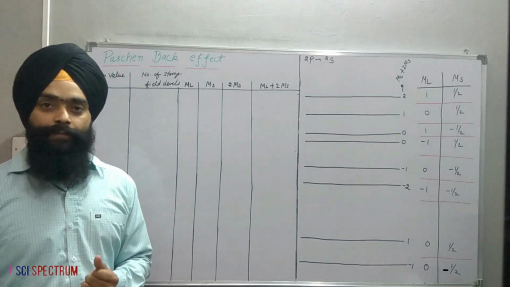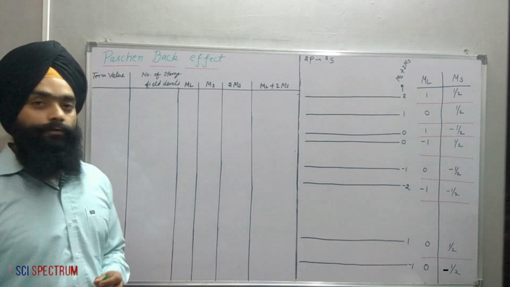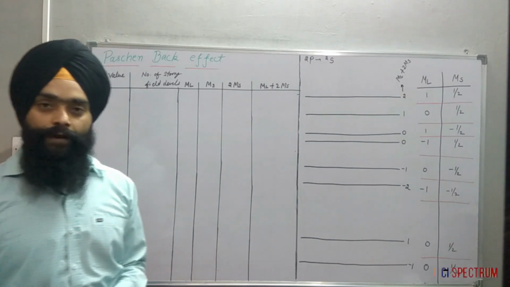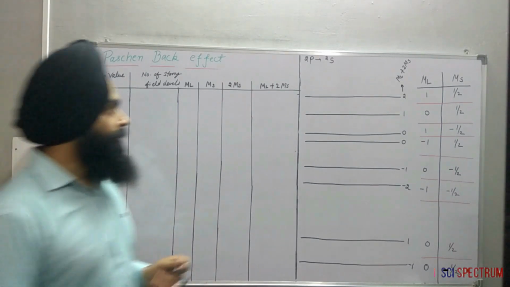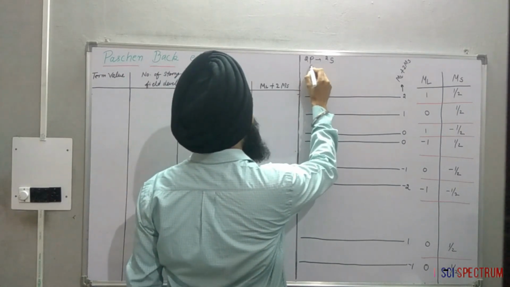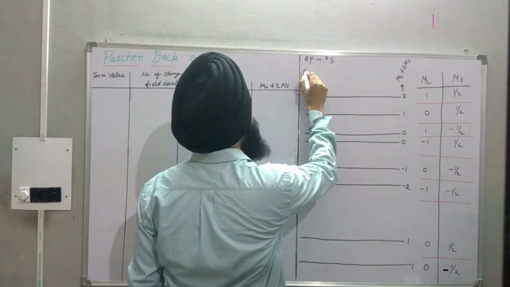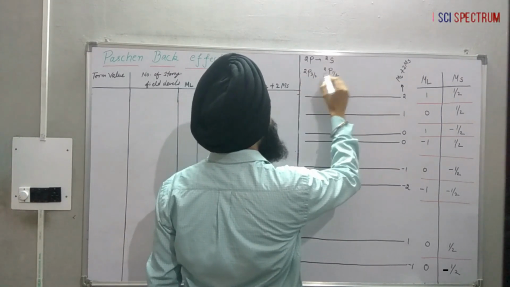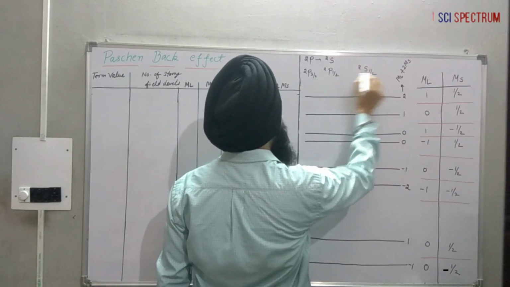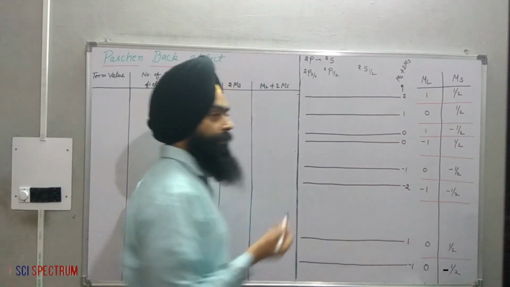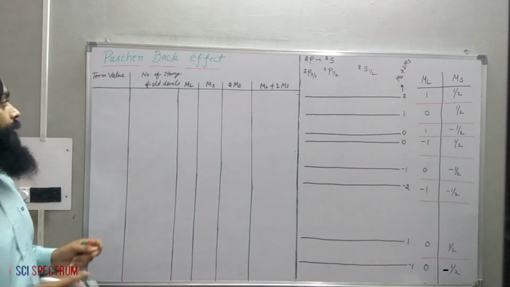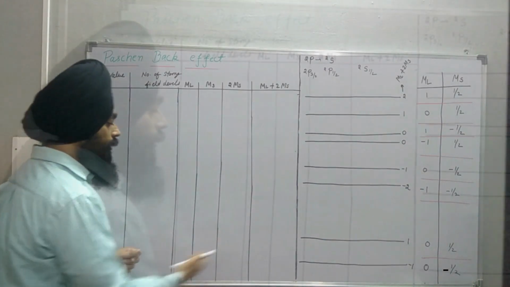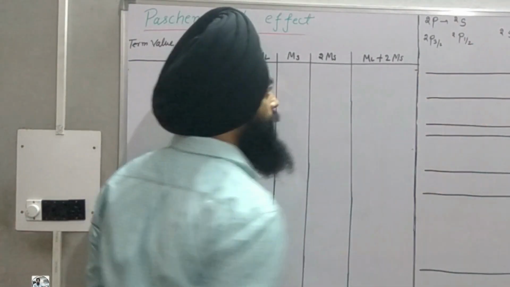So let us discuss the Paschen-Back effect in case of sodium D lines. For sodium D1, D2 lines, we have the transition 2p to 2s. So we can find out the corresponding term values and J values. We have already done this in the previous lectures. For 2p state, we have 2p 3 by 2 and 2p 1 by 2. For 2s, we have 2s half. The J values are found according to J is equal to L plus minus S. So I have already written the table here. This is the term value. We will write the corresponding values for these three term values.